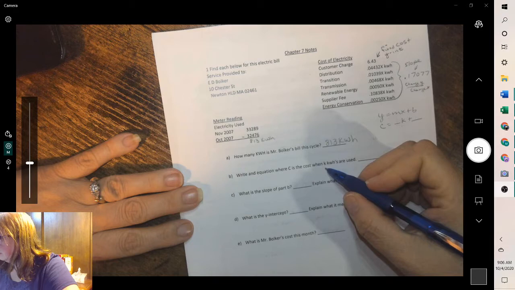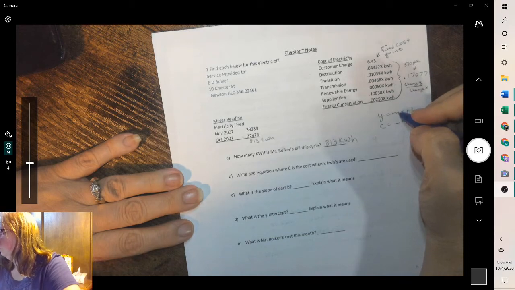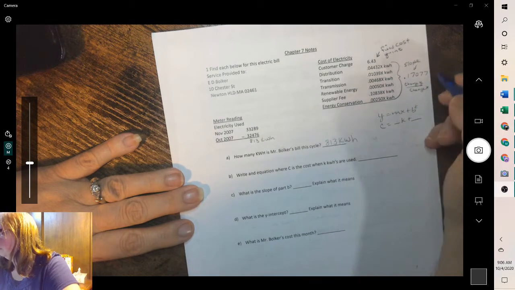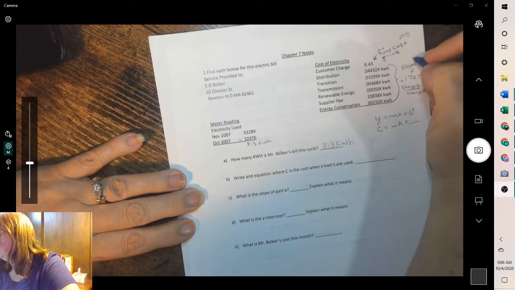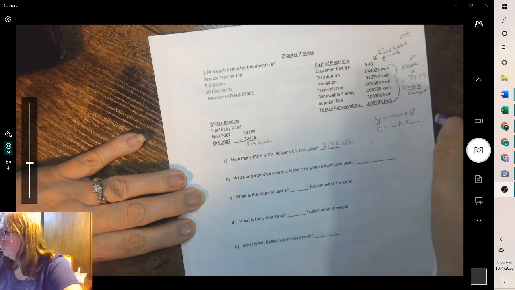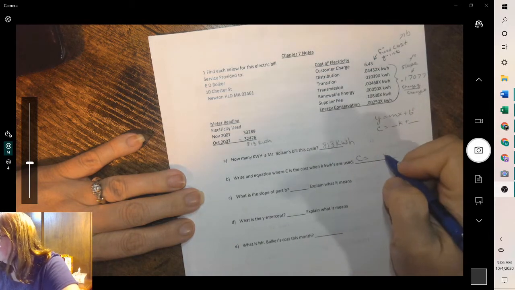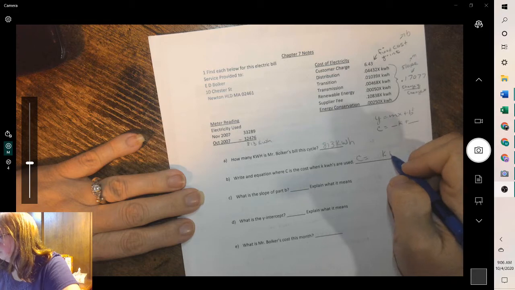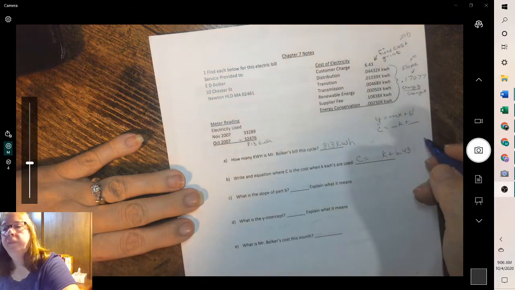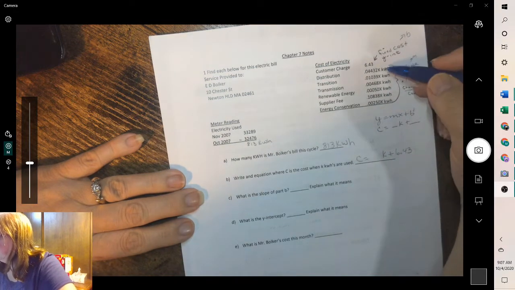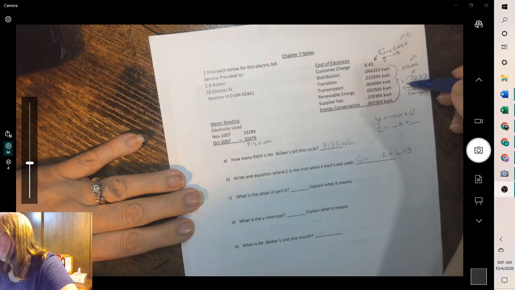And it said C is the cost and K is kilowatt hours, and I know kilowatt hours go with my rate of change, which is your slope. This is fixed. Fixed cost is your b, and your slope is m. So we know that C equals, we're looking for what goes in front of K, and we know the fixed cost is $6.43. To find the slope, we add these up. And if you add all of those up, you get